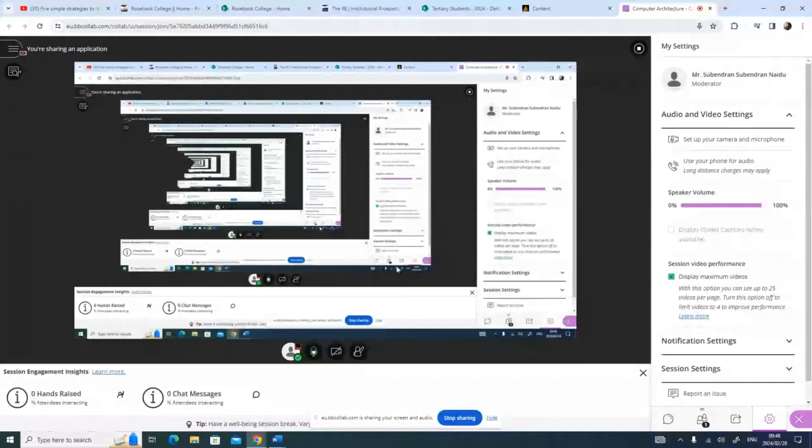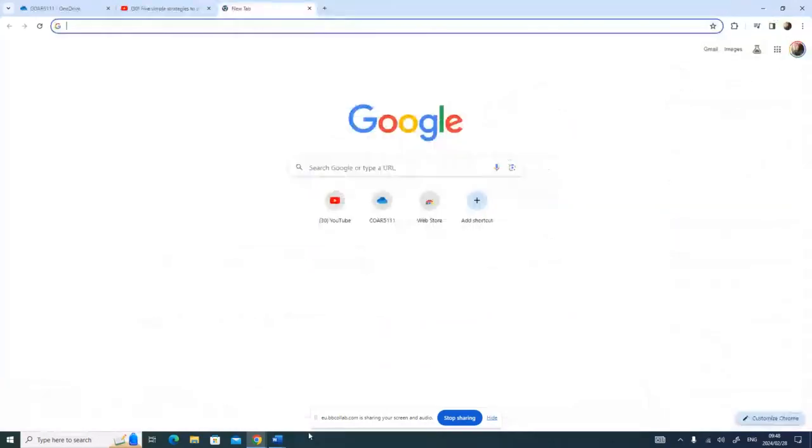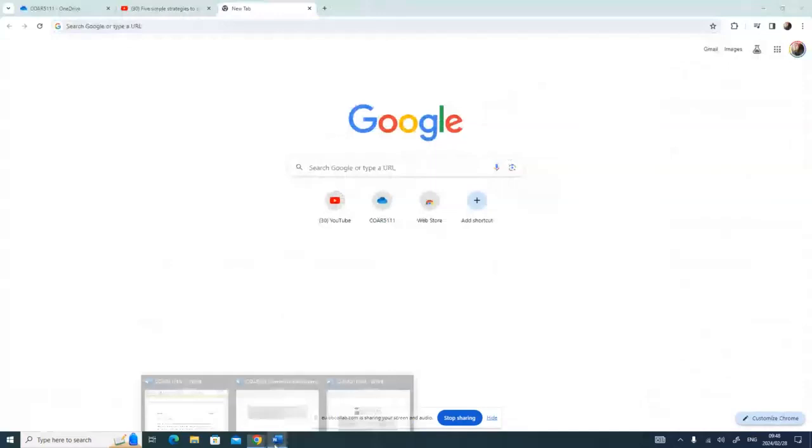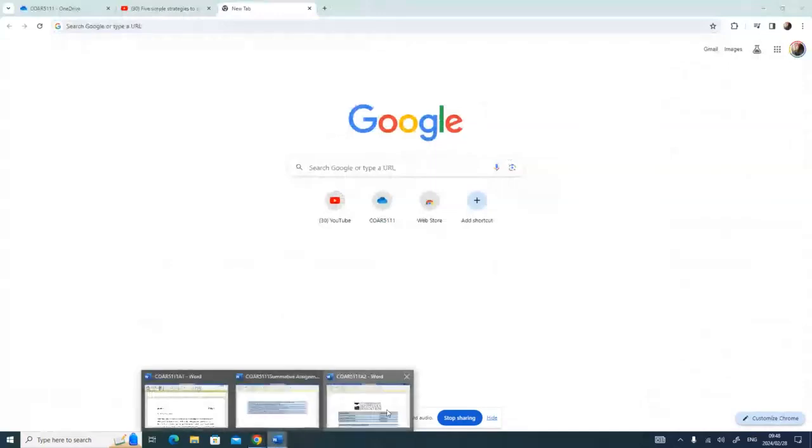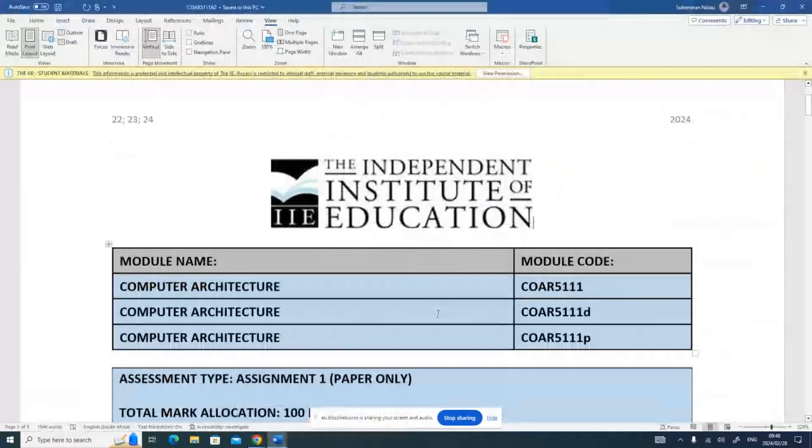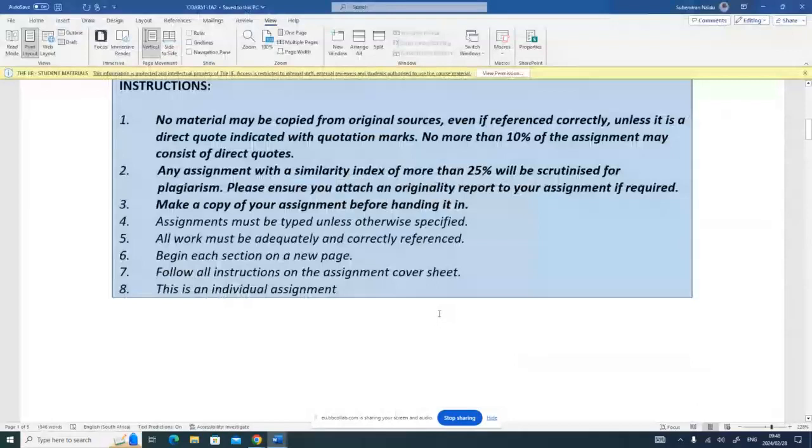Moving on now to assignment 2 for computer architecture. Assignment 1 was discussed in detail in a previous video. In this video, I'm going to be looking at assignment 2 for computer architecture. So looking at assignment 2 now, looking at the instructions,